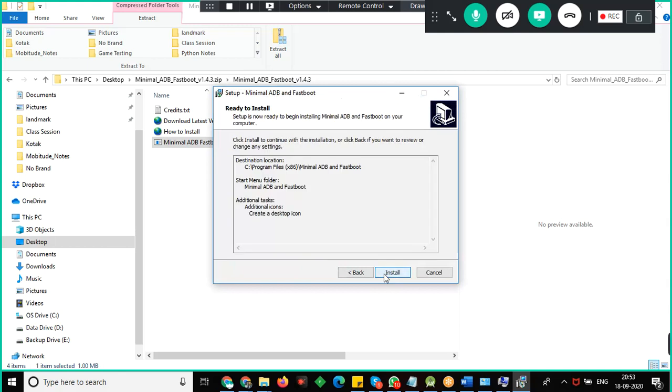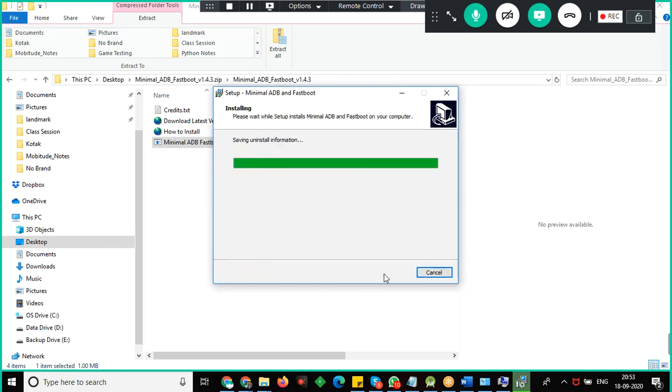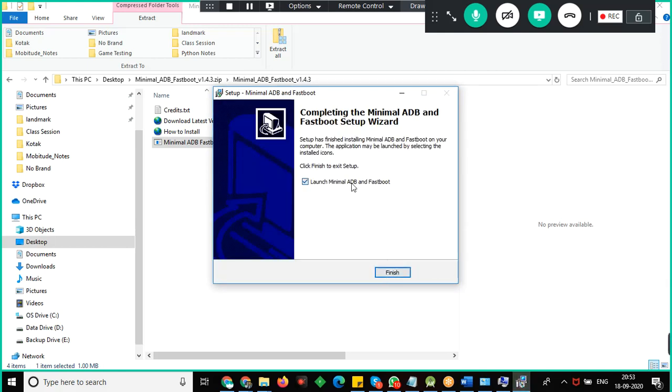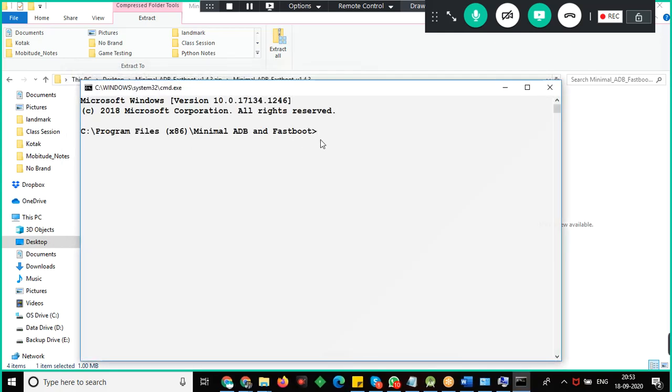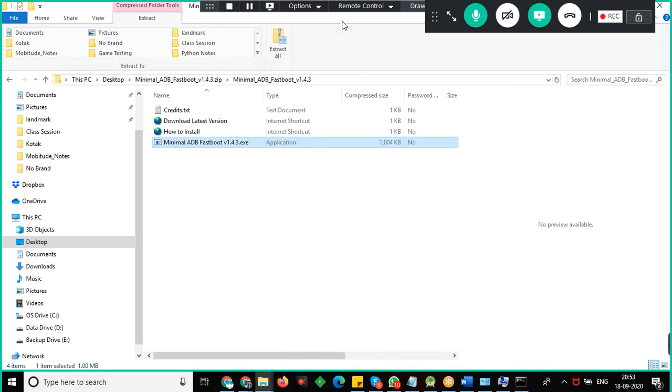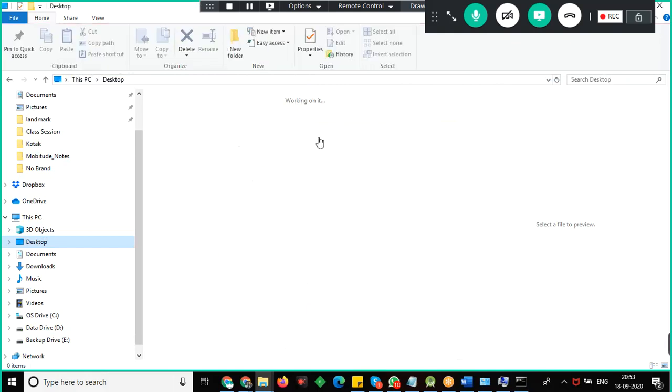Click on next. Click on install. See, it has been installed successfully. So you can directly launch the minimal ADB and fastboot from here. So no need of putting the environment, because this minimal ADB and fastboot you will be getting on the desktop only.